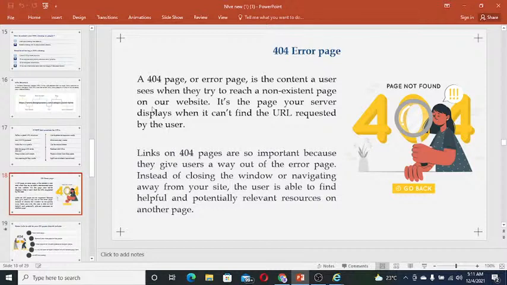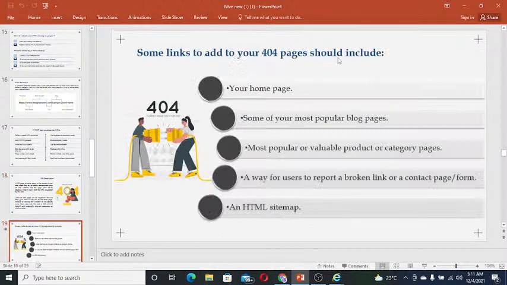So in order to avoid that, we have to create customized 404 error pages. Customized 404 error pages will consist of certain rules, so that you are engaging your visitors and keeping them in your website without leaving, which will give them a good user experience. Let's see what are the best practices you have to do to make your visitors more engaged in your 404